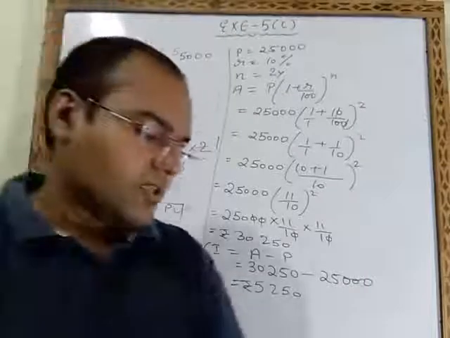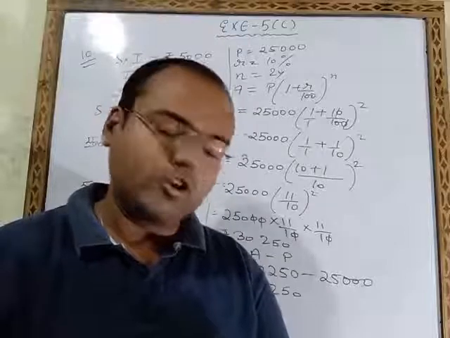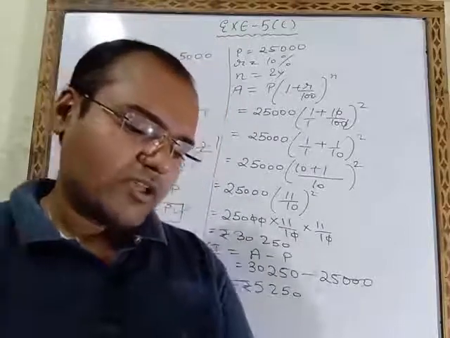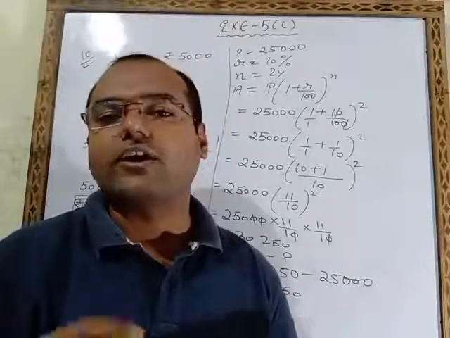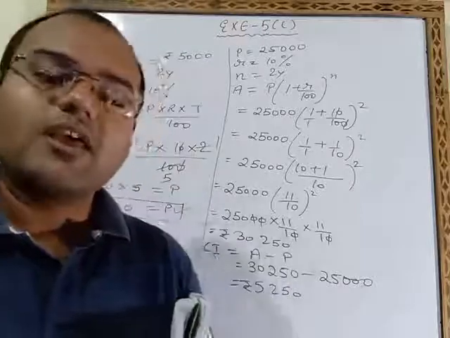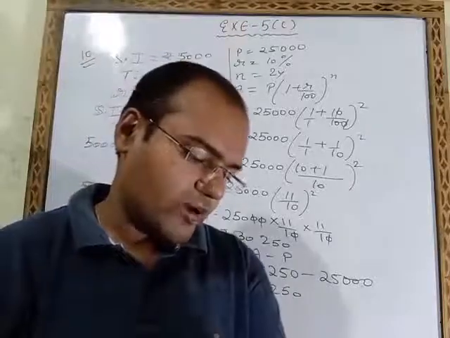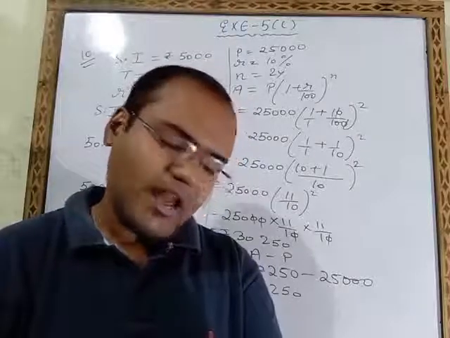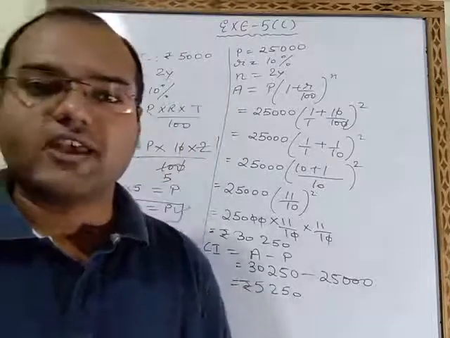So now 7th, 8th, 9th and 11th question, no need to do these questions because in this question it is given you have to find the interest compounded half yearly. और compounded half yearly आपका सिलेबस में नहीं है, आपको सिर्फ compounded yearly वाले पढ़ने हैं. So no need to do question number 7th, 8th, 9th and 11th. So now this exercise is over. You all have to finish this exercise in your fair note.